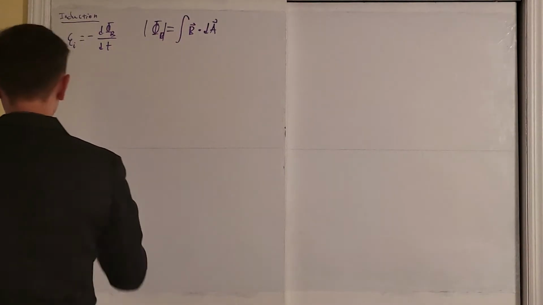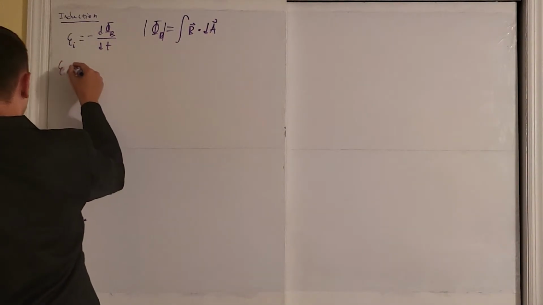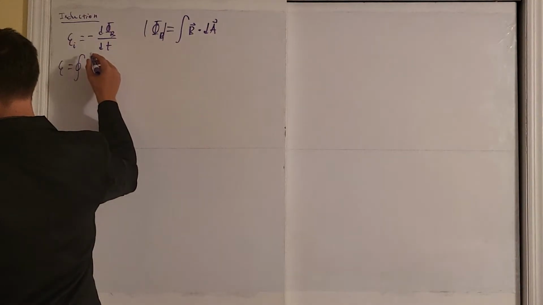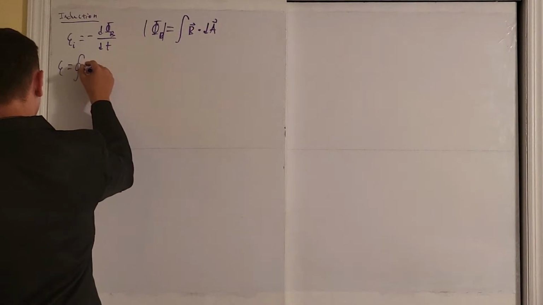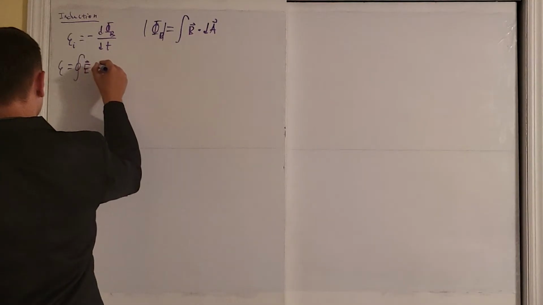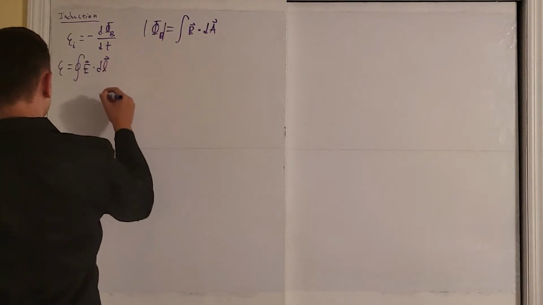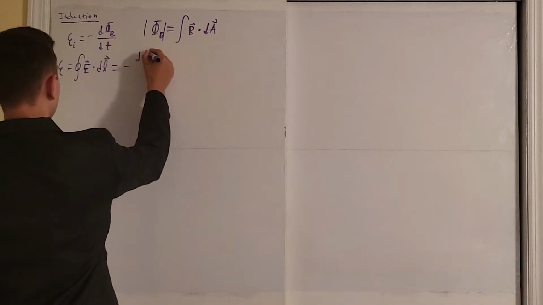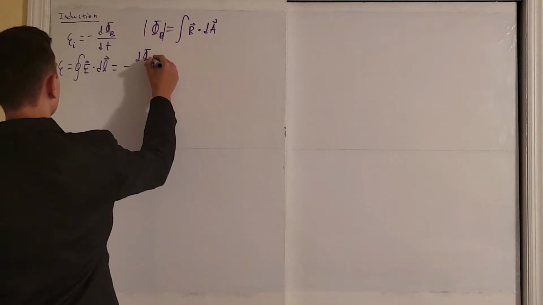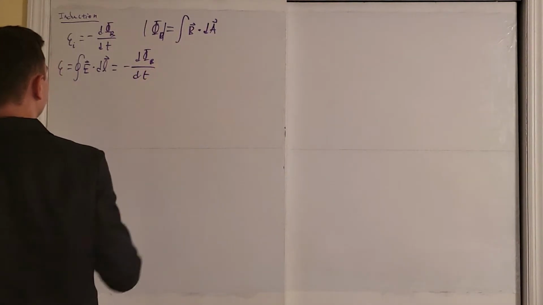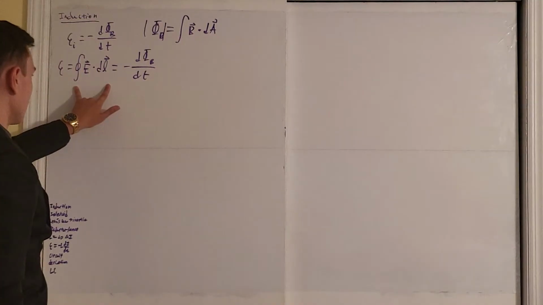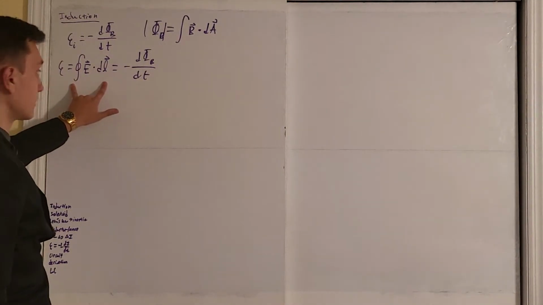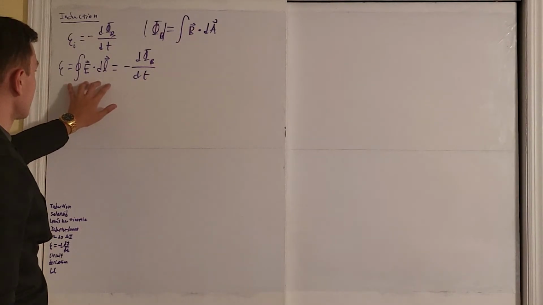Now the equation you have on your reference table is this, that the EMF is equal to the path integral of the electric field dotted with the length differential dl, which is equal to the negative derivative of magnetic flux with respect to time, okay? So what does this part of our equation mean? Well, this part of our equation for this particular unit is not important to us